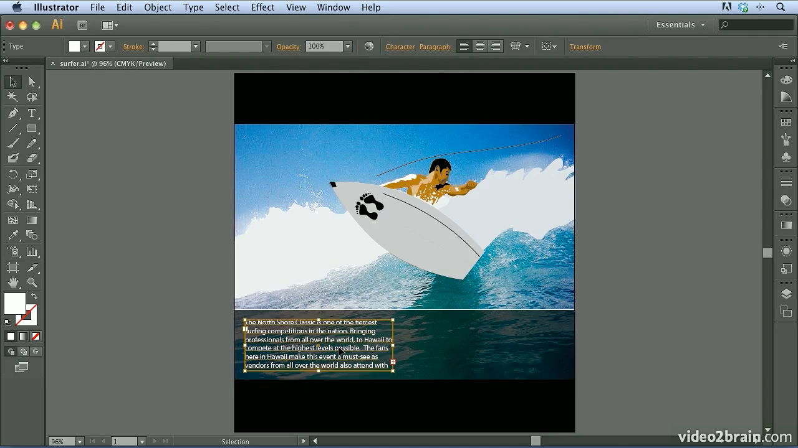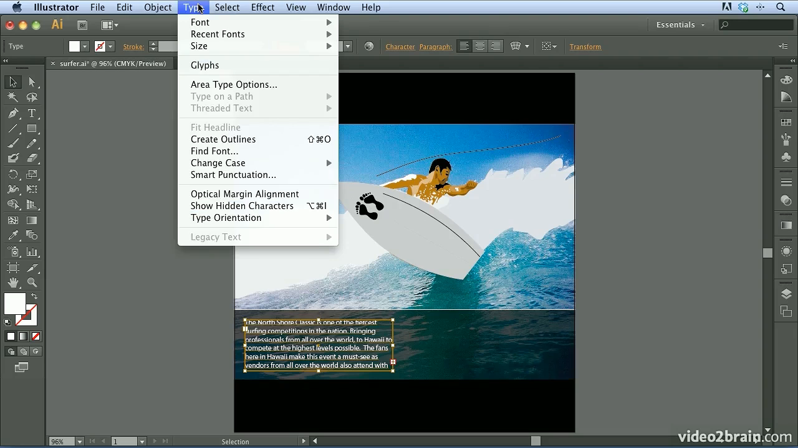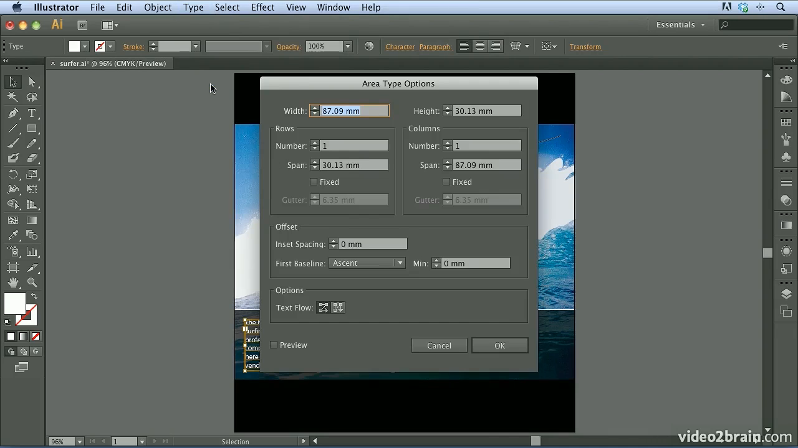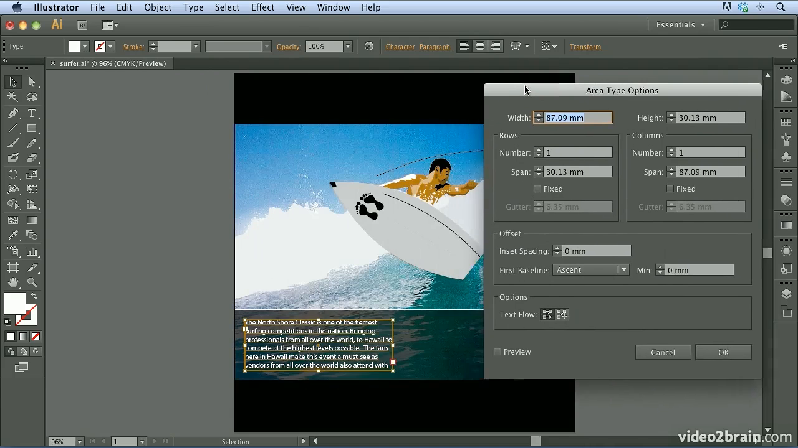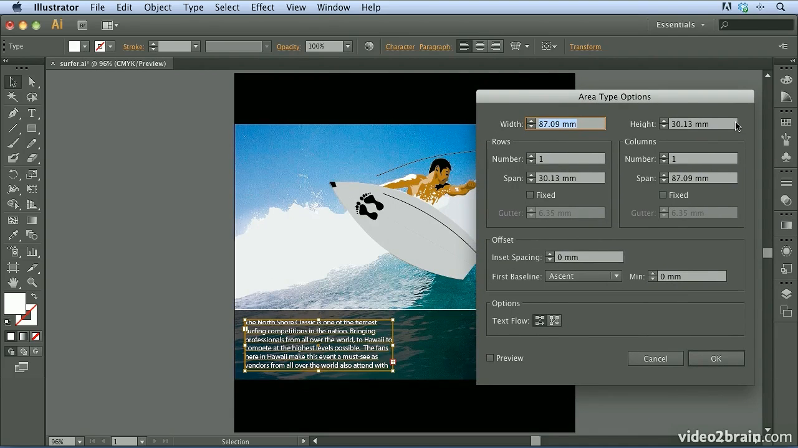One other way you can deal with threading text areas together is we can simply tell this text area or text frame to have two columns in it. So if I click on this first frame with my selection tool, I'm going to come up here to the type menu, and choose area type options. This allows me to not only define the width and height of the selected frame, but it also allows me to split that into rows and columns. So if I increase the number of columns to 2 and turn my preview on,